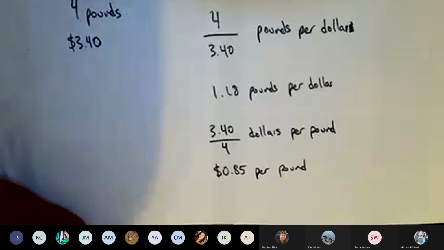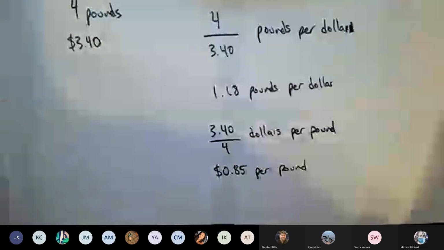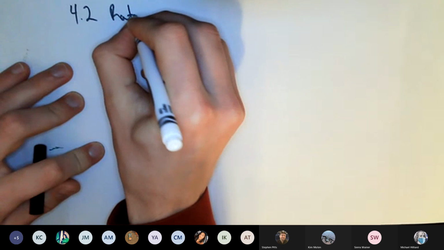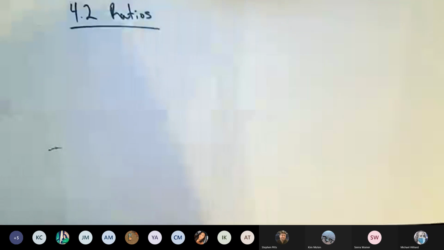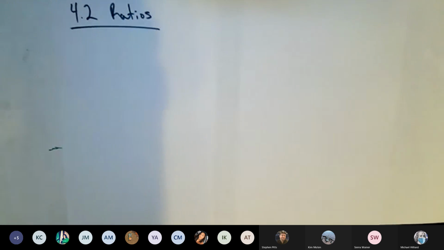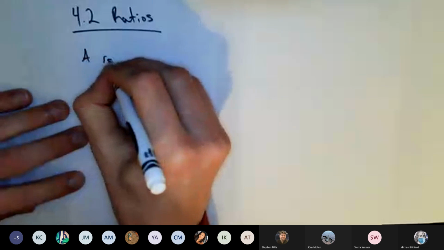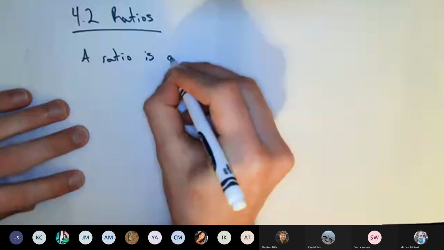Okay, so let's go to 4.2 now. 4.2. We've got ratios. Okay, ratios. It's just like a rate, except the units are the same. So just real quick, a ratio is a fraction